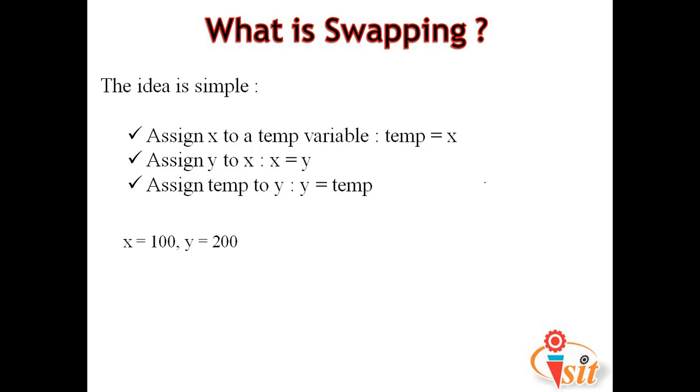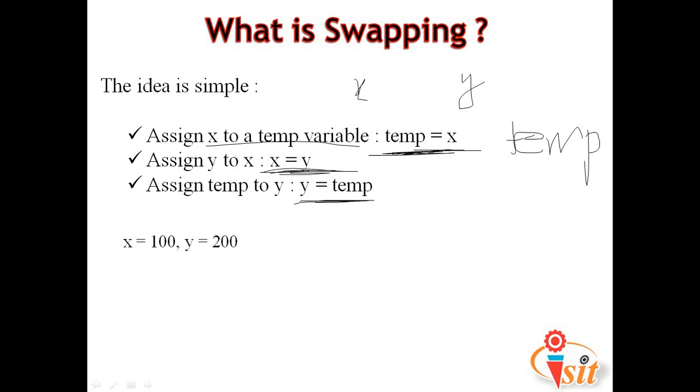So how to write a C program? This is one simple idea, or we can say one kind of algorithm, to swap two elements. Consider we have two elements, x and y, and we can take one more variable named temp. First the value of x will be stored inside the temp variable. Afterwards we assign x equal to y, and at the end y equal to temp.